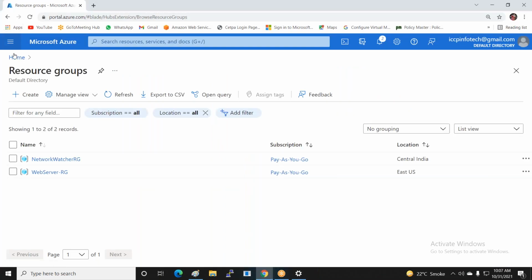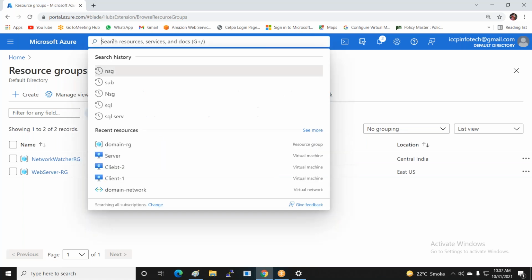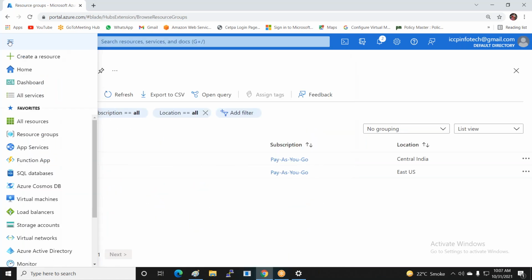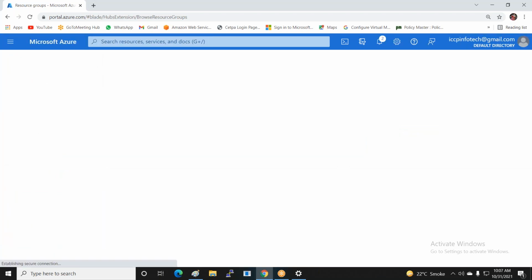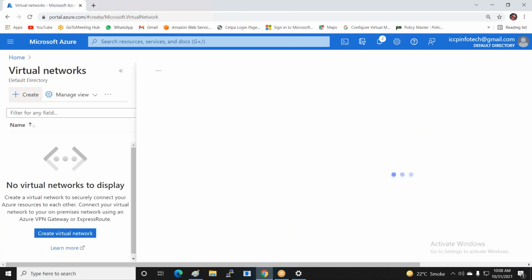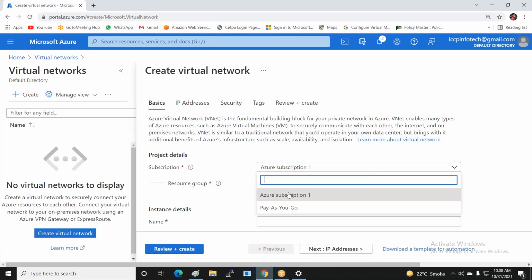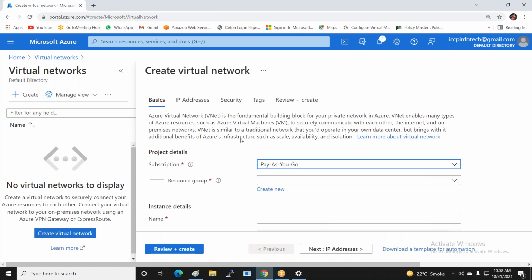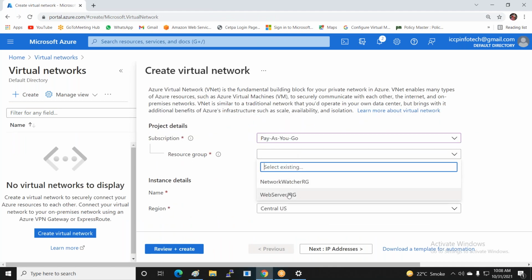Now how to create a virtual network? I'm just going to the home, or you can search here for virtual network, or click on the three lines and go to virtual network. Now just click on create and select the subscription you are using. Now select a resource group.